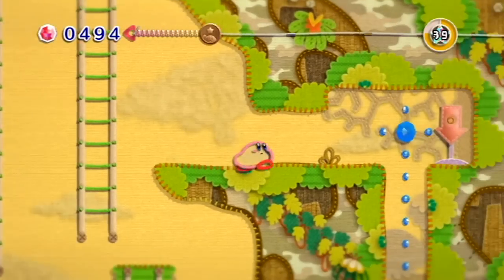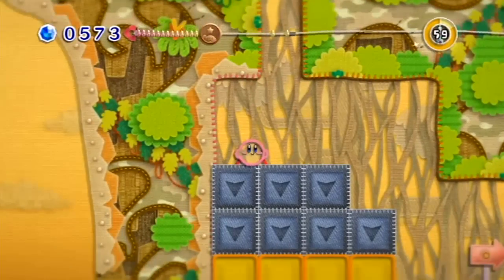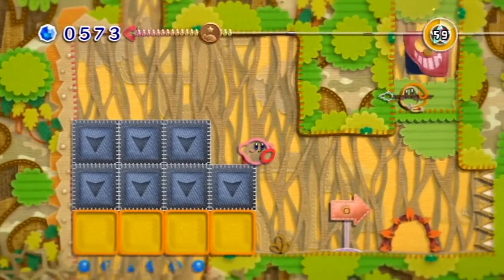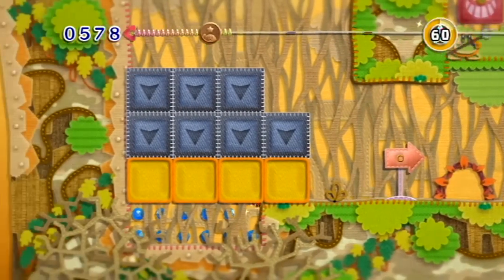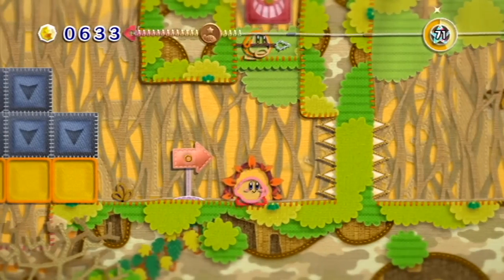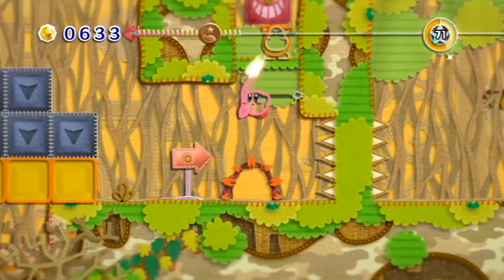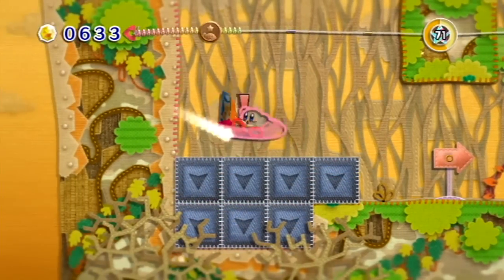I'm very paranoid about missing stuff in this level, just because I remember it being kind of bad with that. And I hope I didn't mess up. I really hope I didn't. Can I get these beads back here? Yes, I can. Okay. So, what you're going to want to do right here is actually kind of cool. You want to have this Waddle Dee facing the direction of your whip, and you want to throw that. And that'll get you that, which contains...